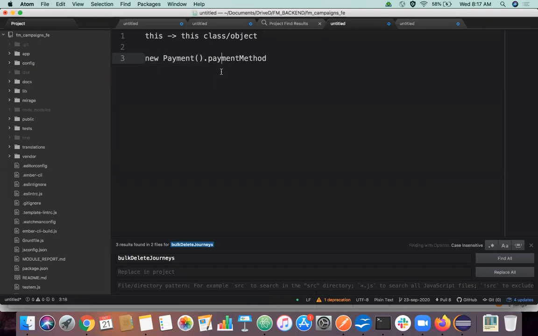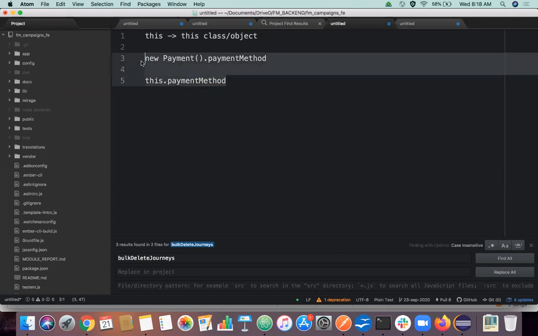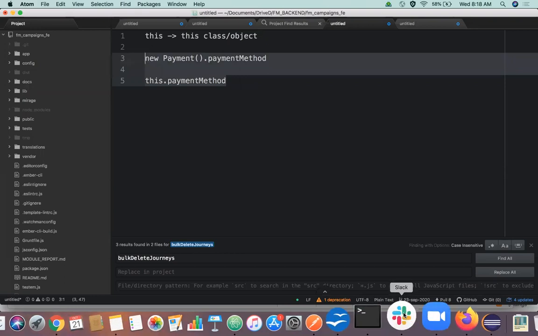So whenever we use this keyword, it represents the object itself, that's new Payment. We can understand the statement new Payment.paymentMethod, because that is how an object is created and how you access a variable using the object. This keyword represents the same. When we say this.paymentMethod, both are the same. So this represents the object itself, whatever object is calling this constructor.